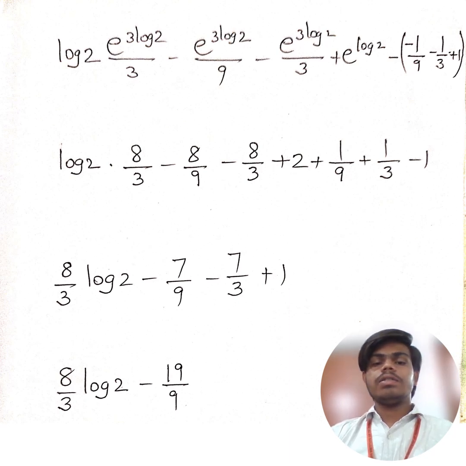minus 7 by 9 minus 7 plus 3 plus 1. The total value we get for the solution of this example is 8 by 3 log 2